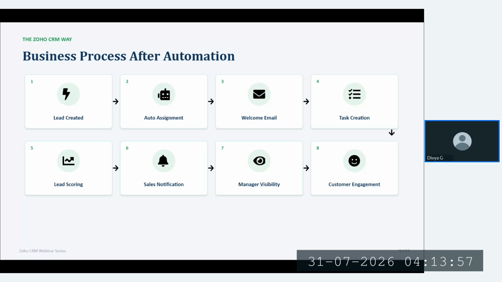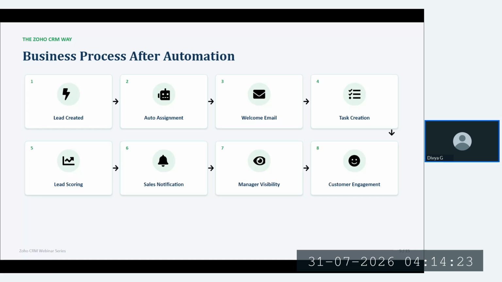Instead of manually assigning the customers, we assign them automatically based on the product type or region. Suppose there are 25 leads: 5 leads are from India, 5 from the USA, 5 from Canada. Based on this, and on shift timings, pay, and other factors, our team will be assigned.